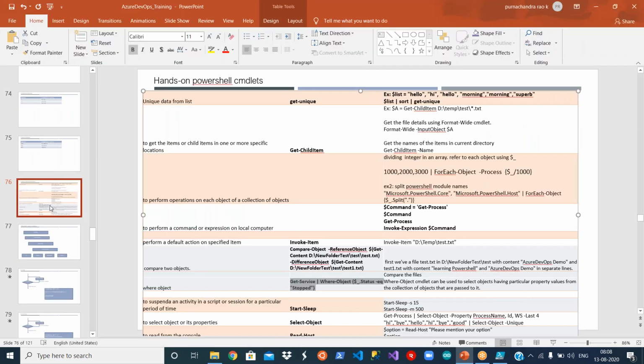Guys, I just wanted to stop here for today because it's a lot for you. You need to practice it as well. Tomorrow we'll get into loops, conditions, etc. Once you are ready for writing a script, that's where we will write some scripts, and then we'll integrate them with release pipelines as well. And also we will work with Azure Cloud with PowerShell. We'll see those things tomorrow.